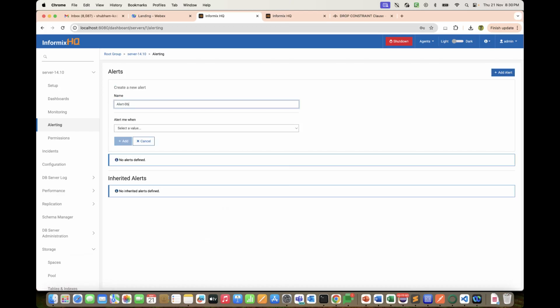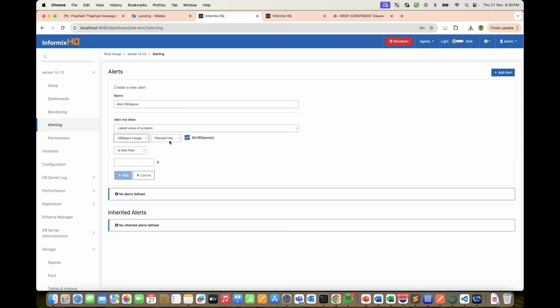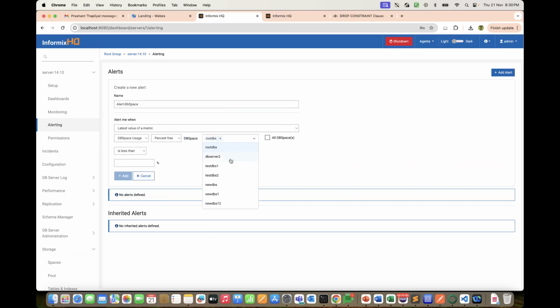alert, DB space alert, when the latest value of the metric, select a sensor. This is the feature which we have given: if you have checked it on, then the alert will be applied on all the DB spaces, while if you have not checked it, you will get a drop down to select particular DB spaces. In my case, I will select root DBS, test DB1, and new DBS. So this alert, when we save it, will apply on these particular 3 DB spaces,